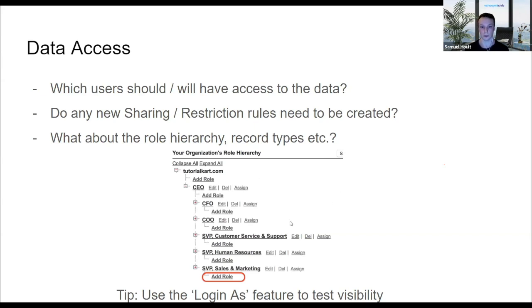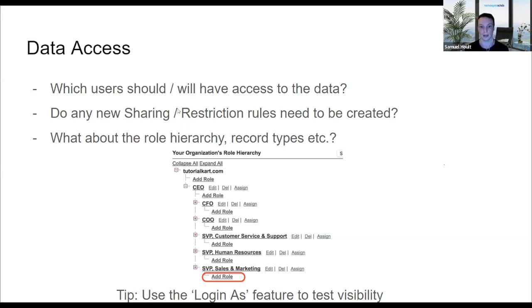And one way that I like to test that, and this is going to be dependent on your org, whether this is allowed or not, is a feature called login as, which needs to be enabled within setup. What that basically lets you do is jump onto a different user. There'll be a little login as button. You can click that, and then you'll be logged into their Salesforce account. You can't see their password or anything like that. What it lets you do is essentially just go through as an end user using their Salesforce account